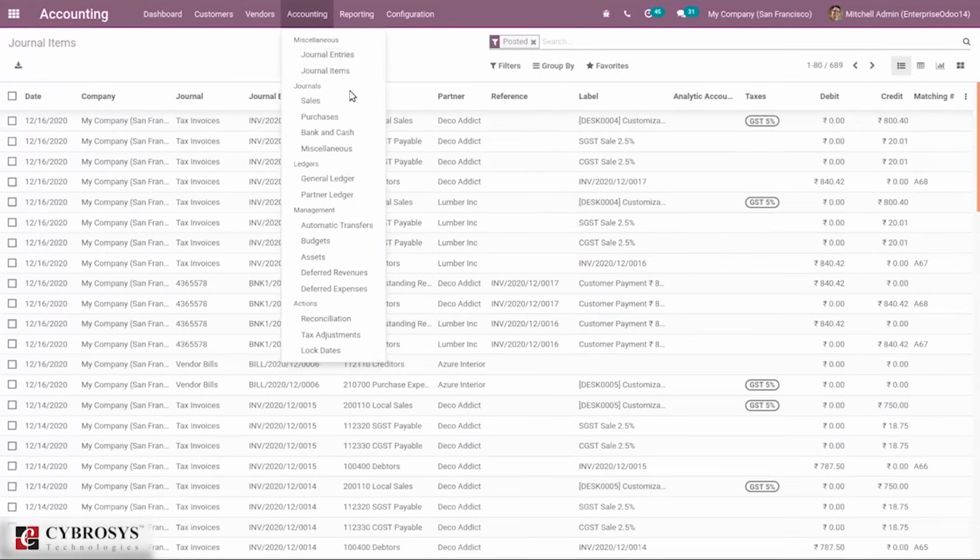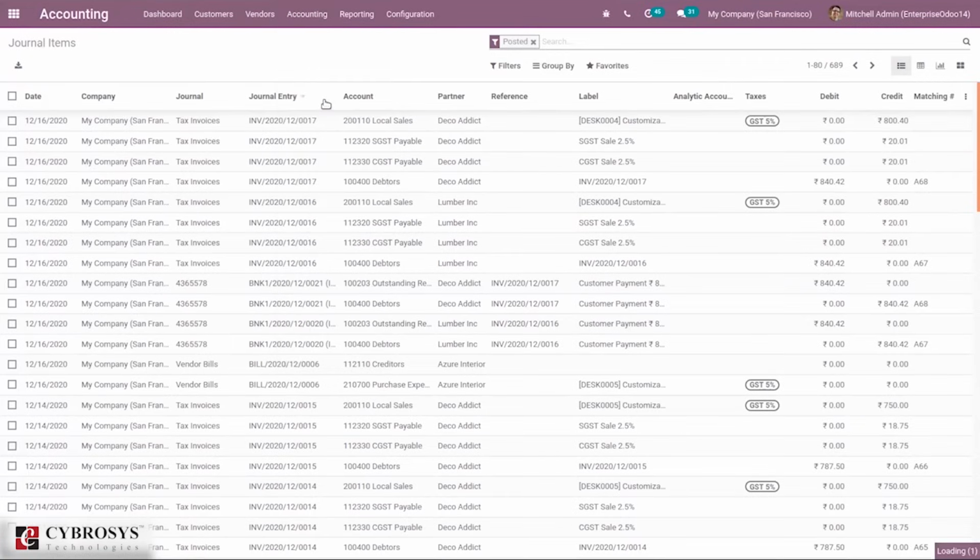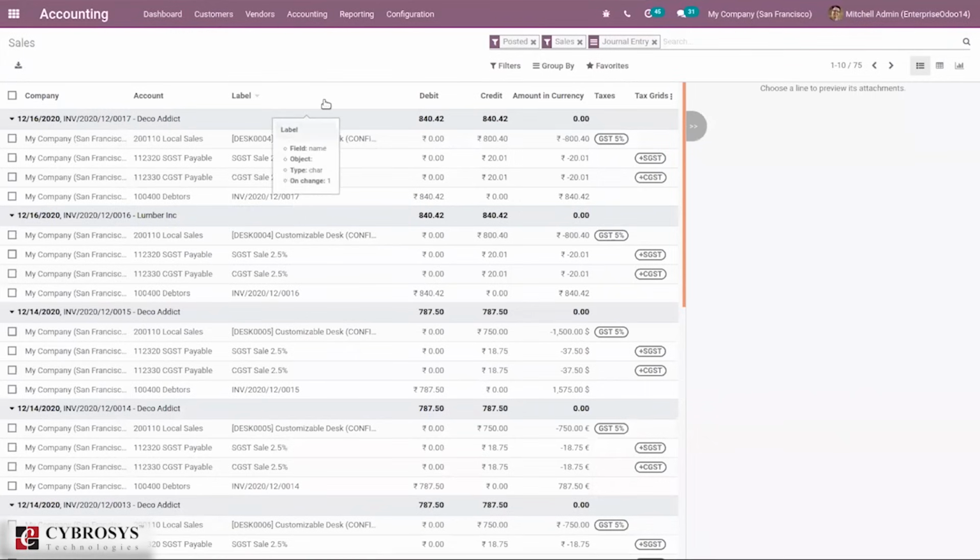Then here we have journals. You can view journals of sales, purchase, bank and cash, and miscellaneous. So when you click sales, you can see all journal entries of sales and respective journal items with account, and you can see the debit and credit of each account.